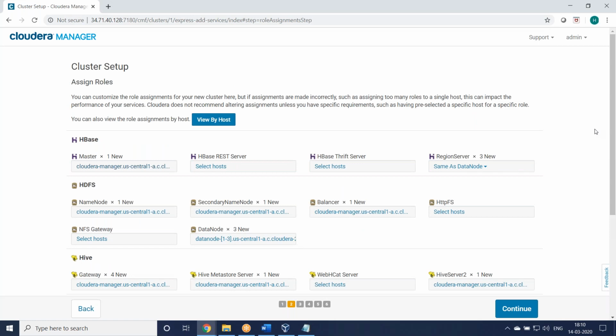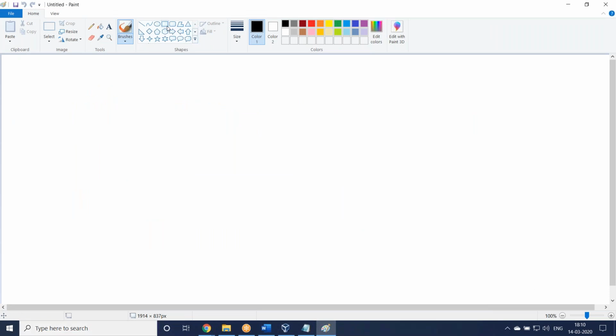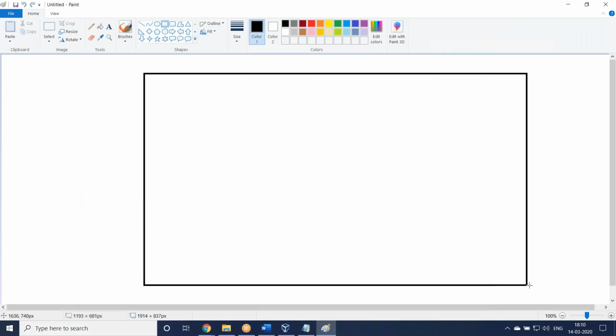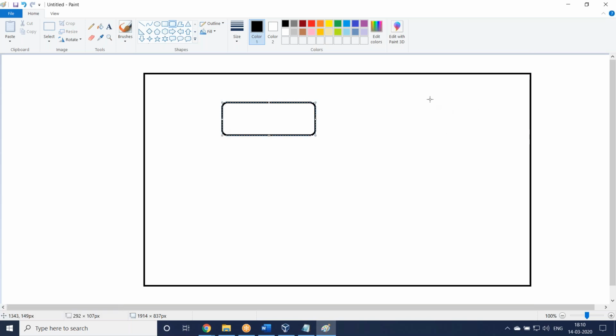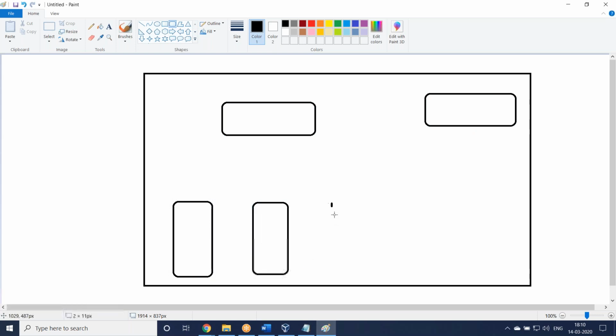Okay. So now here one more thing. We are installing the cluster through Cloudera, right? What it will show now is only one name node, one secondary name node first, then data nodes. First it will not install high availability. First it will install this only.